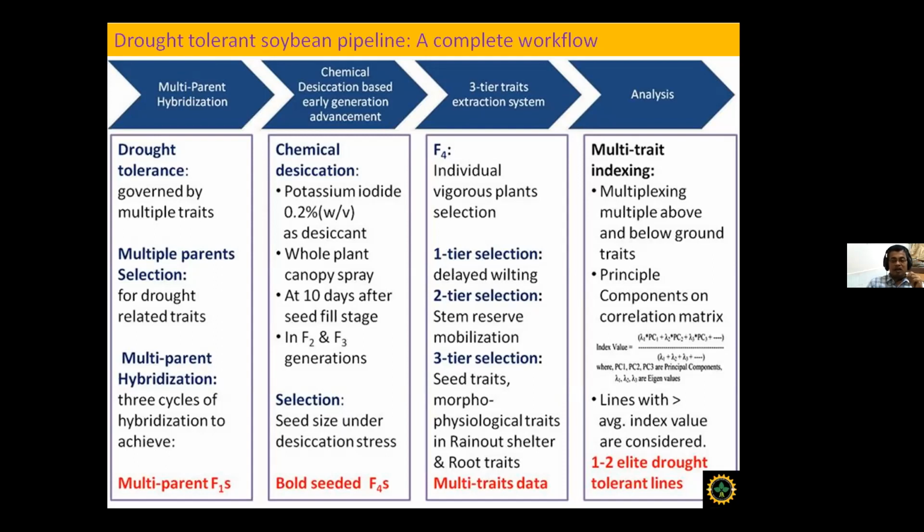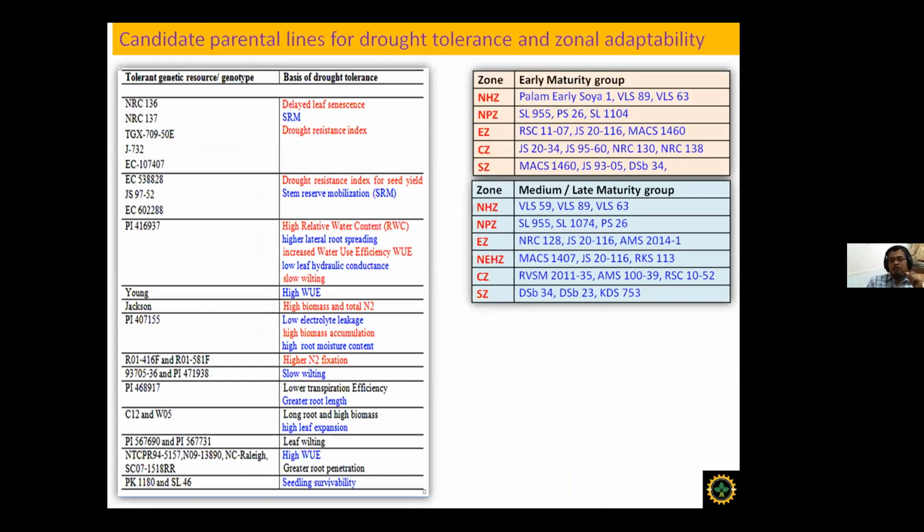We consider that they have the right proportion, the right blend of these traits combined together, and that is the elite line. The selection intensity all through the practice here is 10%. So when we start off with, say, a large number like 1,000 plants, we keep on reducing that number, and finally end up with some 5-6 genotypes which really respond to the drought stress. So just to start with,